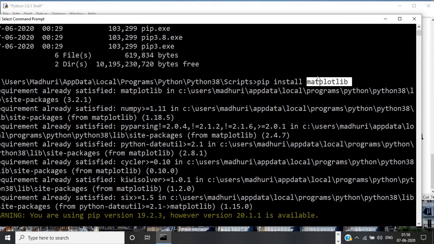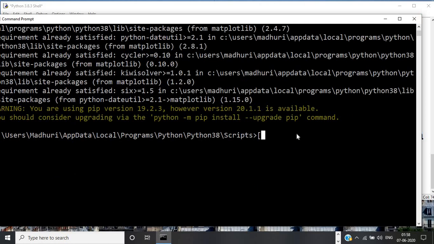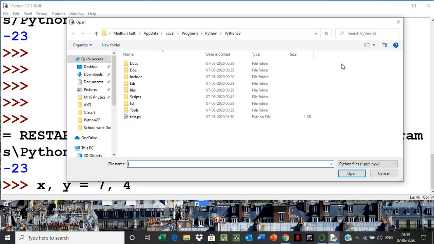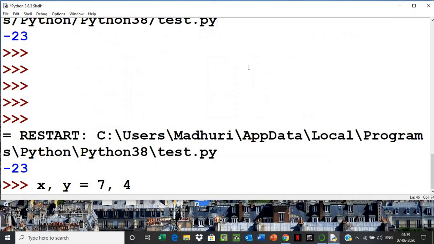So what do you do next? Suppose your matplotlib is installed. Okay, and you can also install, say, pip install numpy. So you are trying to install numpy. Also you can write scipy together, so it will install both of them. I'm not showing this here. It will do it automatically, all at once. You have to do this. Done. Now you can plot.